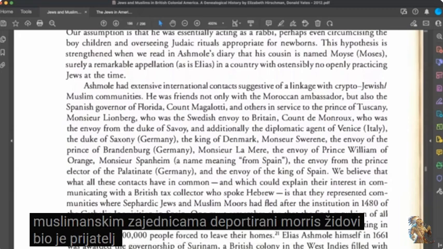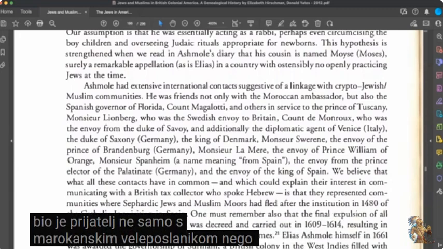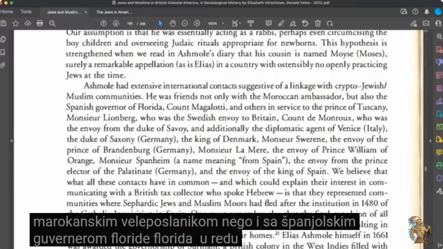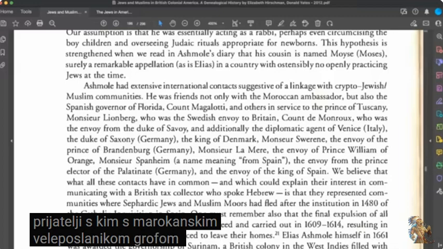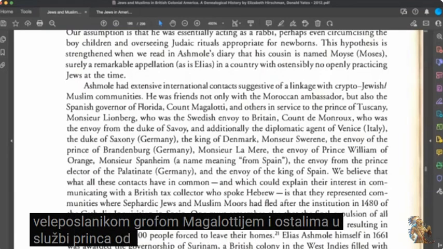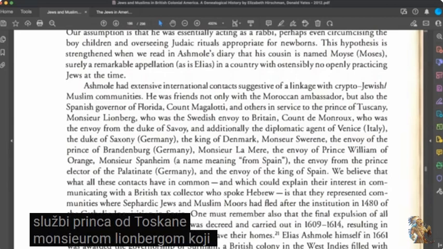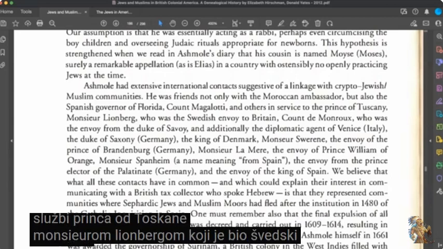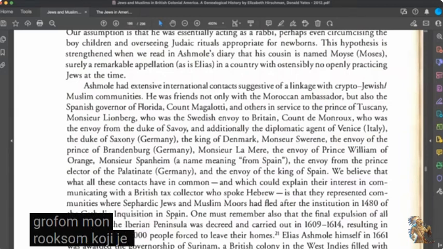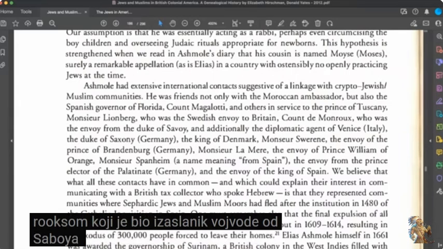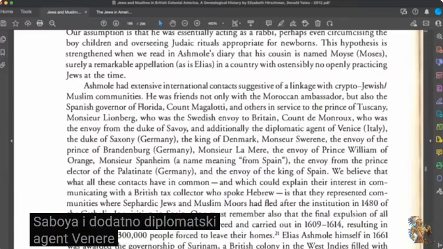He was friends not only with the Moroccan ambassador, but also the Spanish governor of Florida, all right? Friends with who? With Morocco's ambassador, Count Magalotti, and others in service to the Prince of Tuscany, Monsieur Lienberg, who was the Swedish envoy to Britain, Count de Montrouge, who was the envoy from the Duke of Savoy, and additionally the diplomatic agent of Venice,